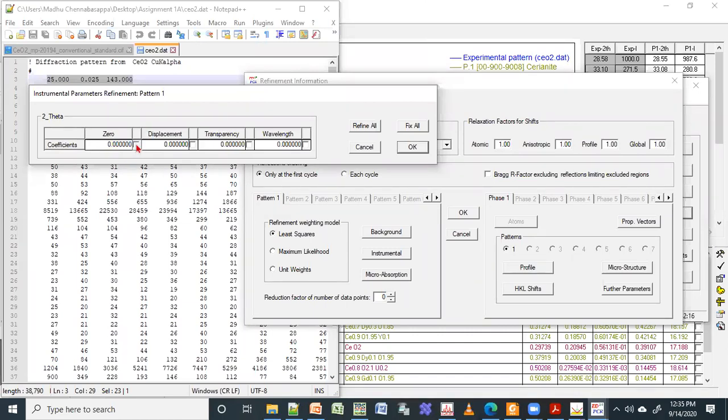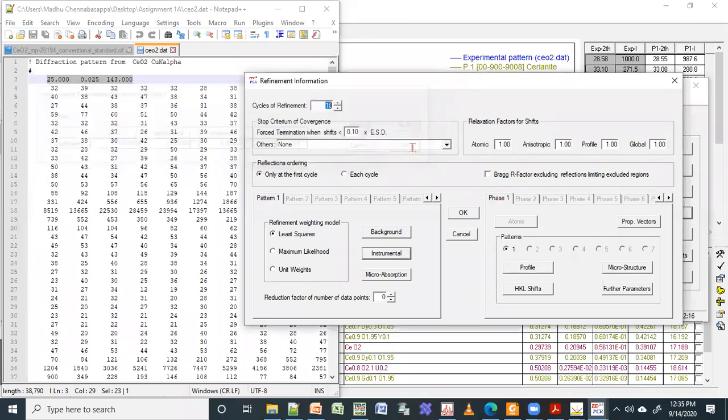If I check this button, that means this is going to change during my program. When the program is running, this is changing. If I uncheck this, that means it is not changing. It is going to remain 0. So that is the meaning of this select and unselect. So I'm selecting only 0. Then I'm going to say it is fine. I don't want to touch micro absorption right now.